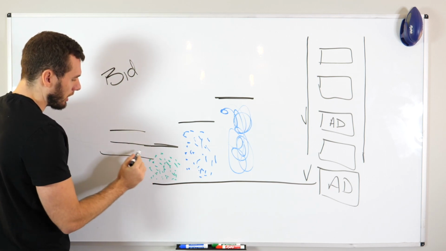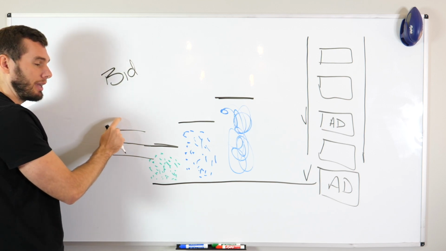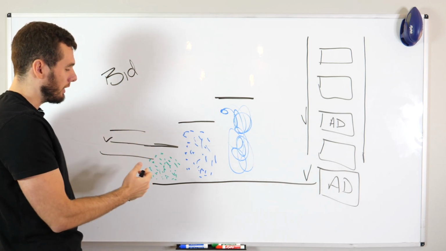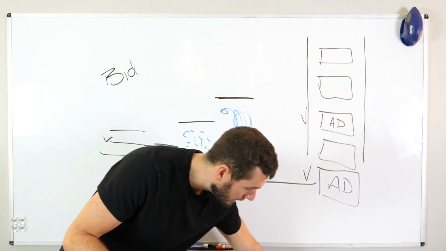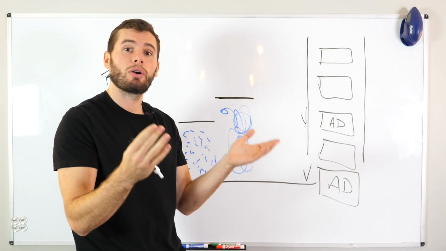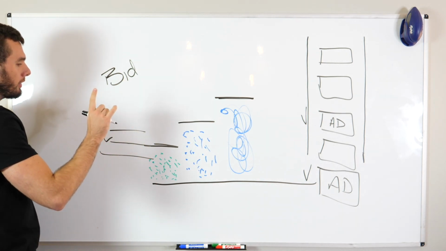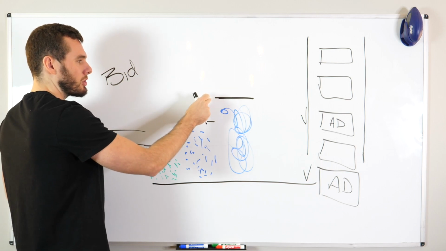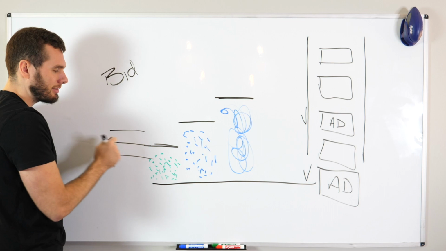So here is our optimal bid cap right here. This one's a little bit too high. This is where if you go too high on your bid cap, your lead cost is too high. Your lead cost is up. If you go too low on the bid cap, sometimes you get too low on the news feed and nobody sees your advertisement. So the thing that we need to do is find the correct bid strategy for this market. You guys can see here, this is the current bid strategy.